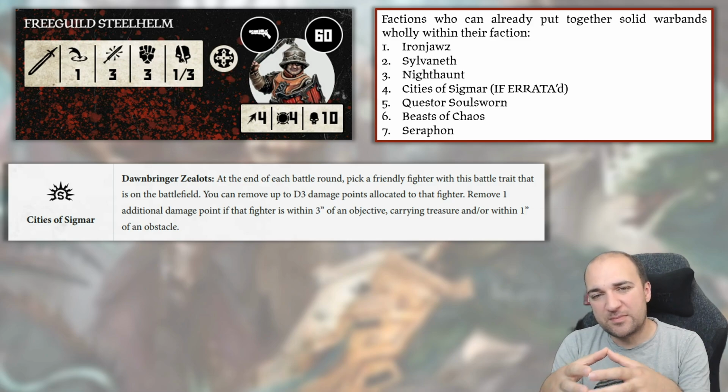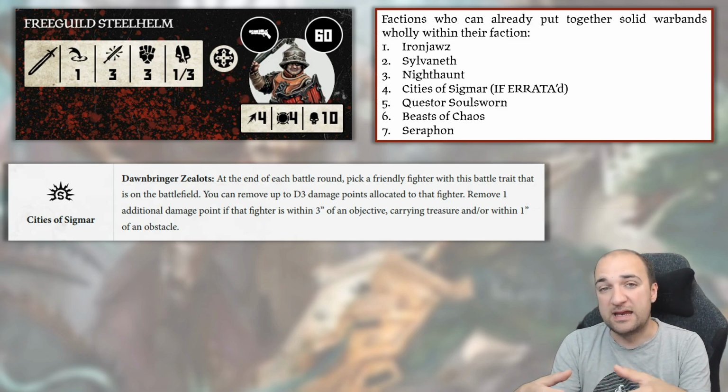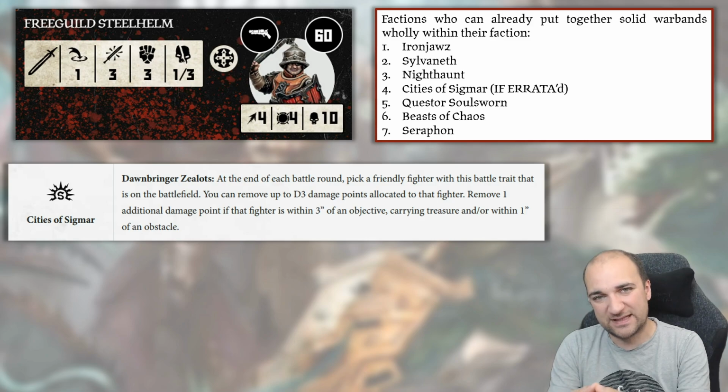I mentioned Cities of Sigmar here. I said they need to be errated. The reason for that is because that Cities of Sigmar rune mark is the old one, and it does not refer to the 3 new Cities of Sigmar factions we have today. If they errated it and all of the Cities of Sigmar factions had access to this, I think it would